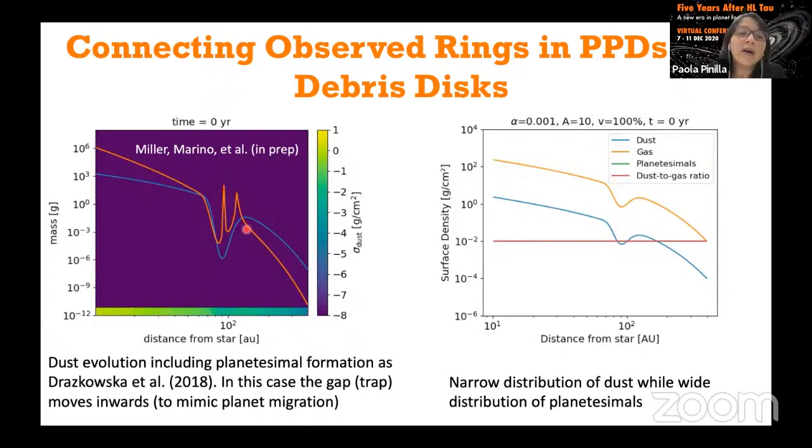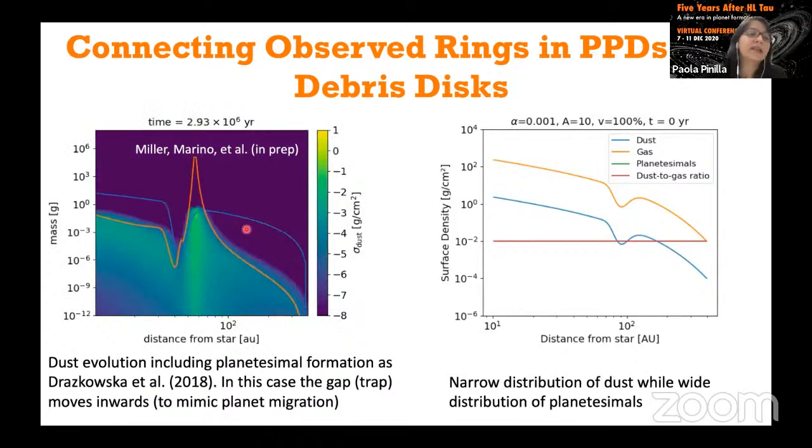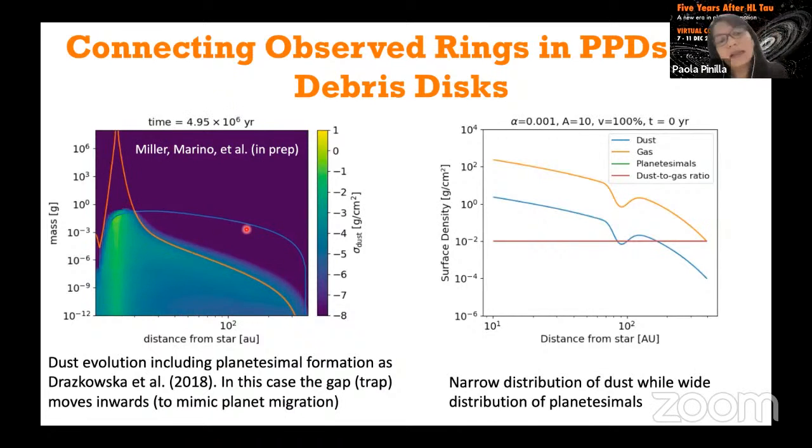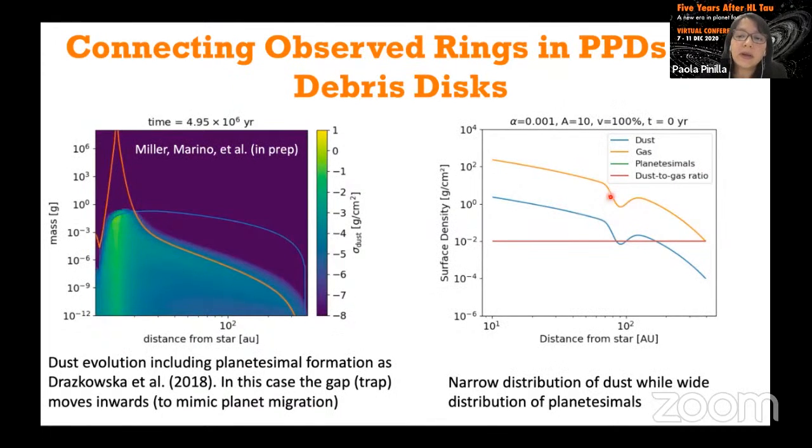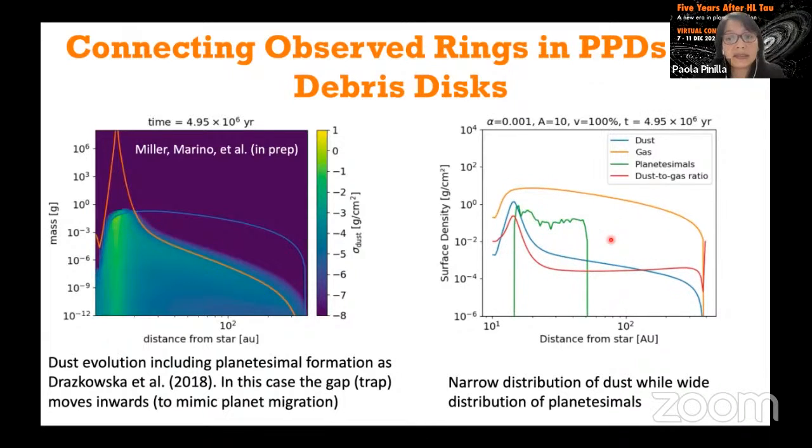And they are looking at the evolution of the dust, but at the same time the evolution of the planetesimals. So here you see only the dust, and you see how the bump moves inwards. They are exploring a lot of parameters, the amplitude of the bump, how fast it migrates, etc. And here you can see the evolution of the dust in blue, the gas in yellow, the dust-to-gas ratio, and in green you will see how planetesimals appear and what is the distribution of the planetesimals after a long time